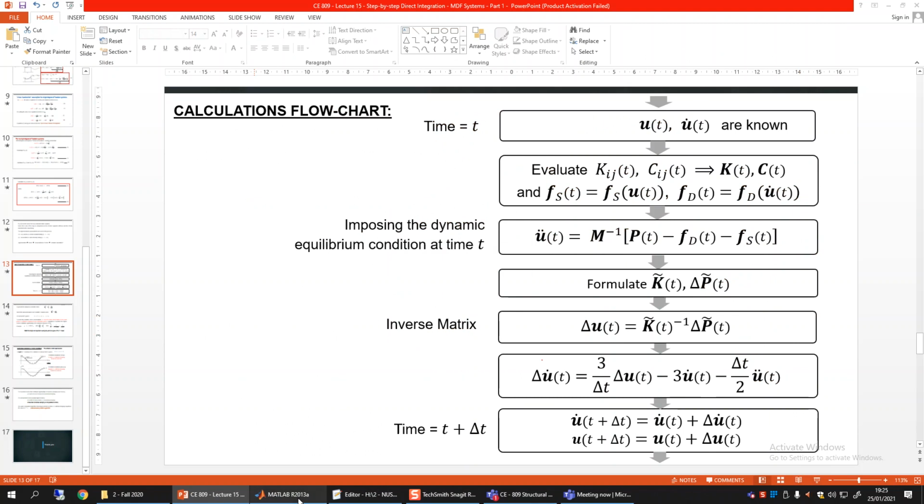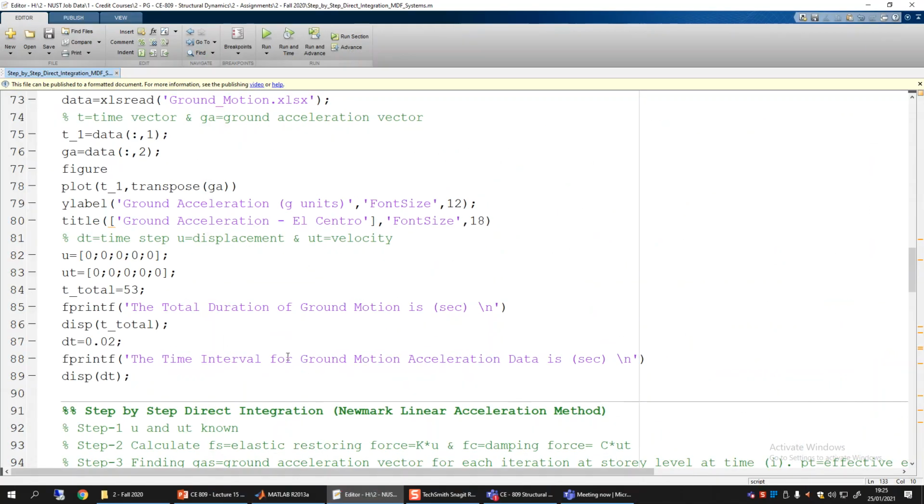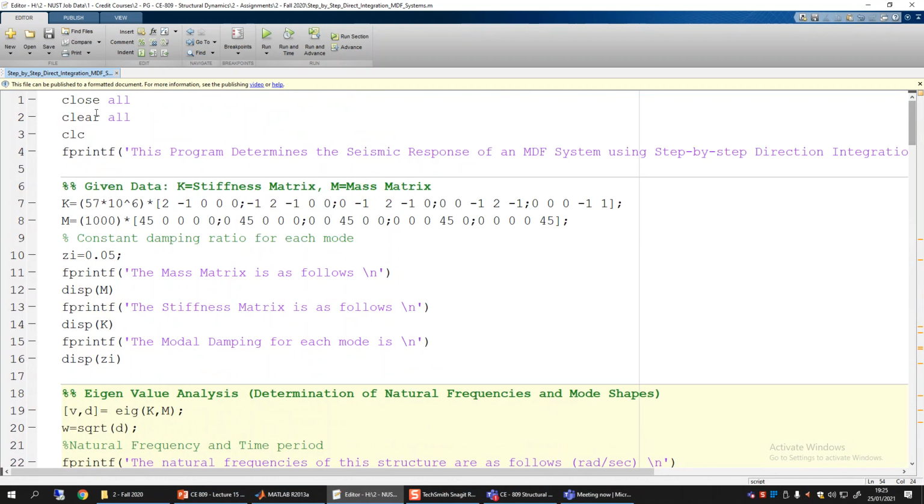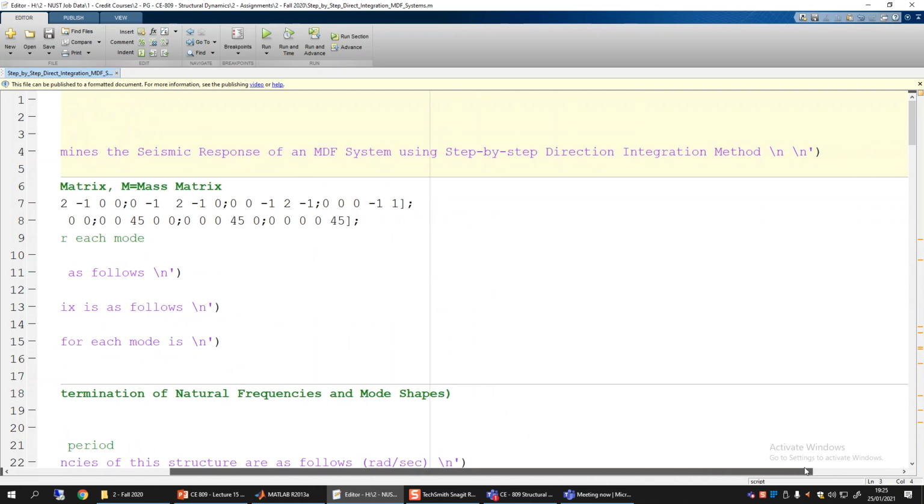Let me open it here. Okay, this is the example MATLAB code. Let me quickly explain that. It starts with close all, clear all, CLC, and some information displayed for the program. This program determines the seismic response of a multiple degree of freedom system using the step-by-step direct integration method.